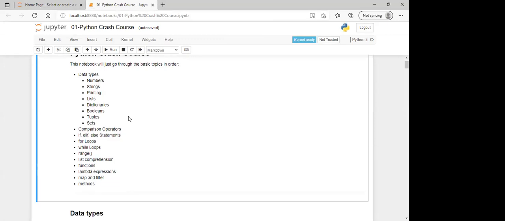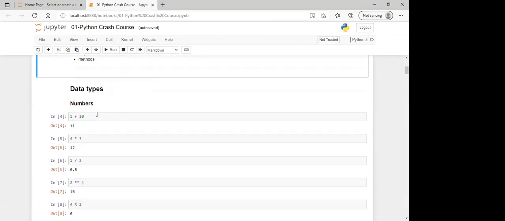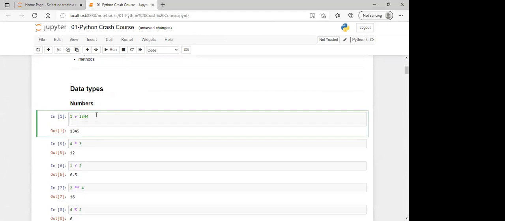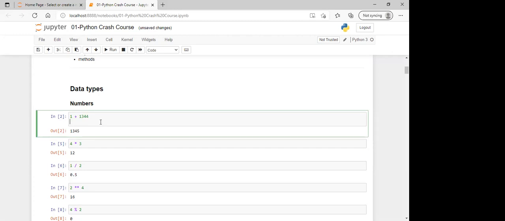So we have the introduction session, the first class, right? So we have discussed data types. If you run this, control enter is for running it. And for running and moving to the next cell is shift enter. Now you do shift enter. So your cursor will come to the next line, right? If you want to add a new line after running the present line, you have to do alt enter.